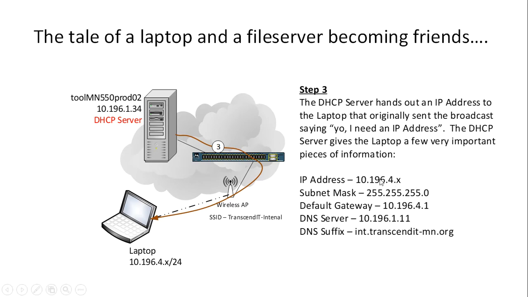So for now, we're going to say, okay, the DHCP server gave me an IP address of 10.196.4.x. And I'm saying x because this number will change. This last number, x, is basically a variable or a placeholder that says it's something between 1 and 254. The reason it's between 1 and 254 is because of something called subnetting,